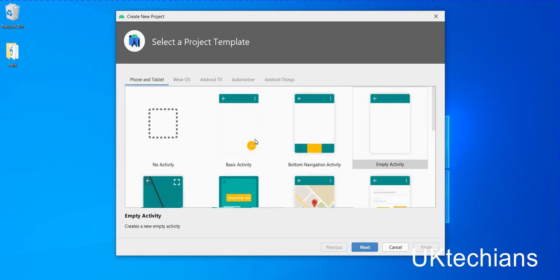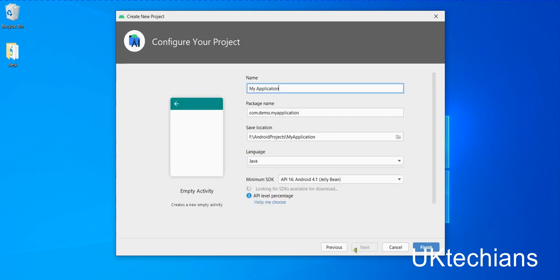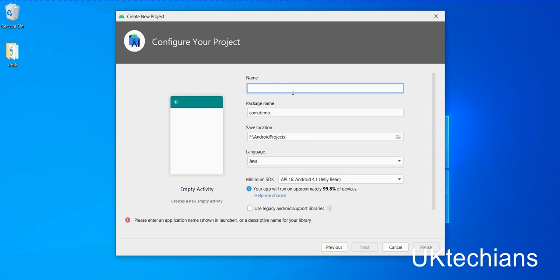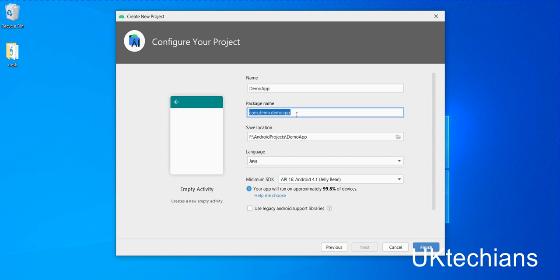For now we are using an empty activity. It's an introductory video, so let's start. Here we mention the project name, it's demo app. We can change the package name. You can write anything, like UKTechians